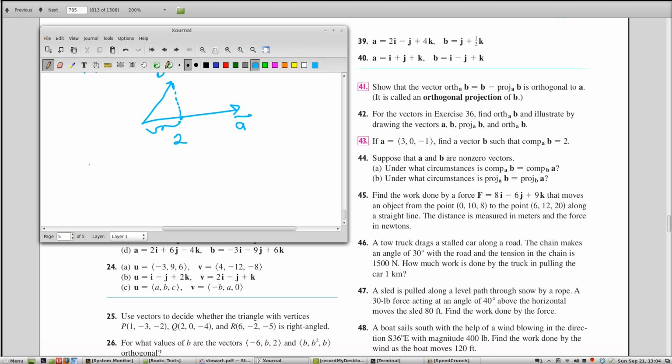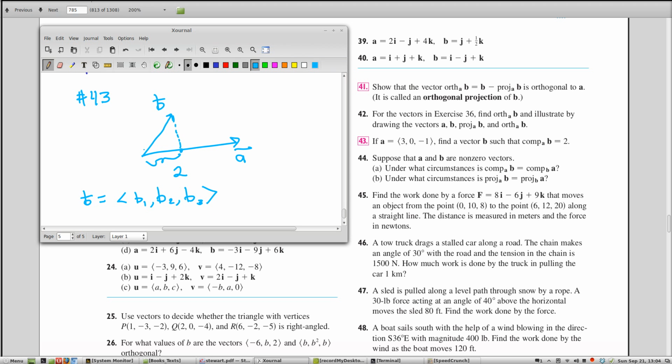So let's call B, right now we don't know it, B1, B2, B3. Can you see that there are going to be sort of infinitely many choices for B? It's not going to be uniquely determined. So we could pick the B of,